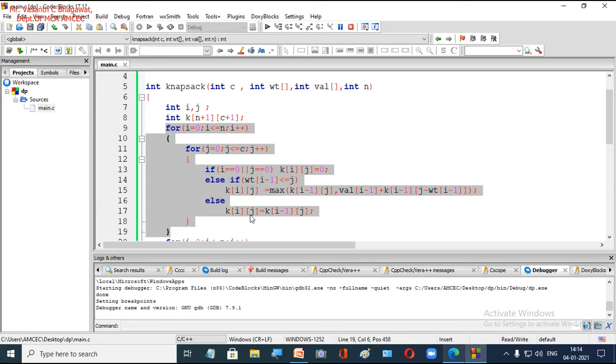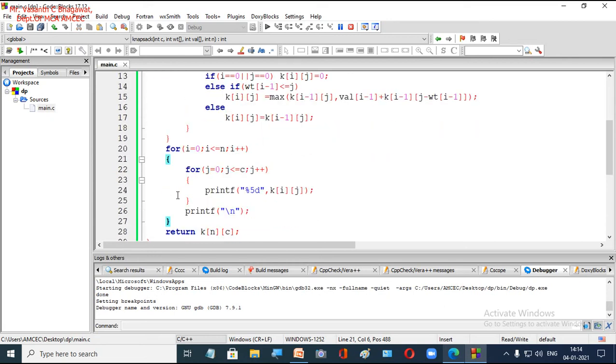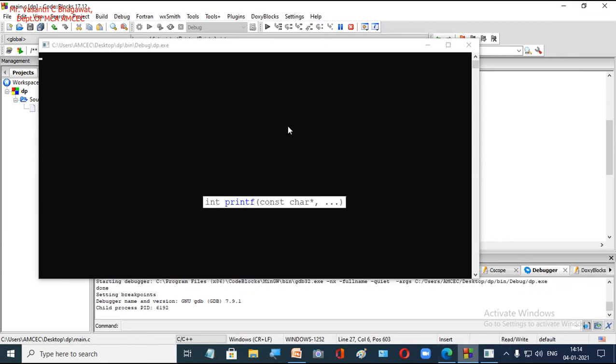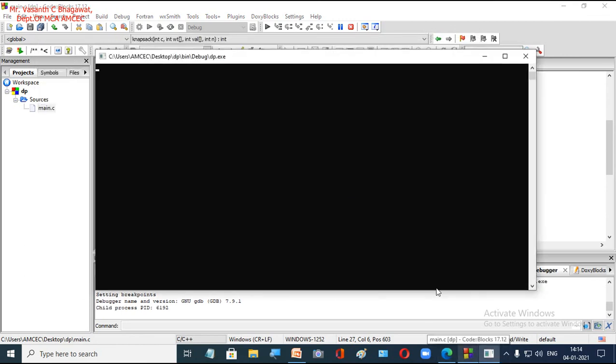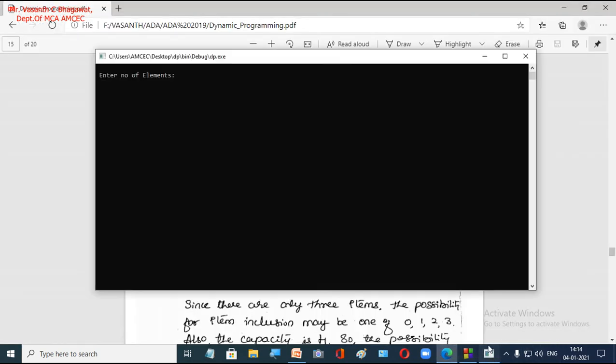So now let us see. We will give the input. And this coding is optional, as I told, right? This is used to print the matrix. Okay, so just that small error we got where we had not declared the variables i and j, right? Now we will give this input.